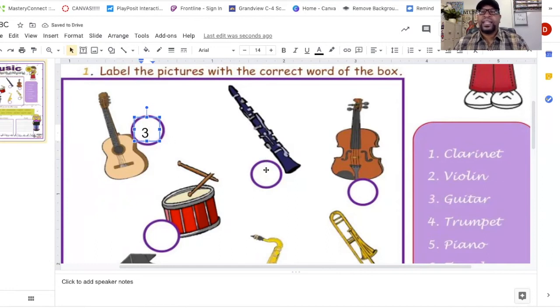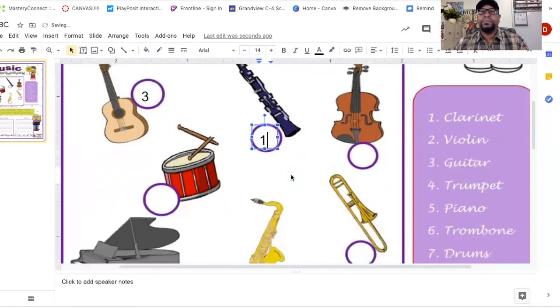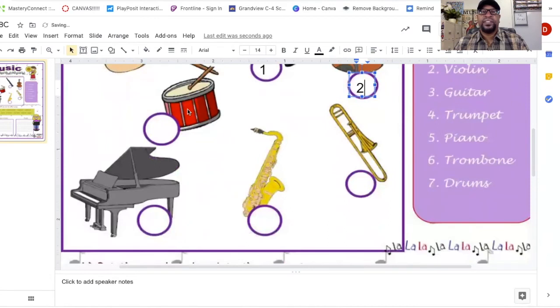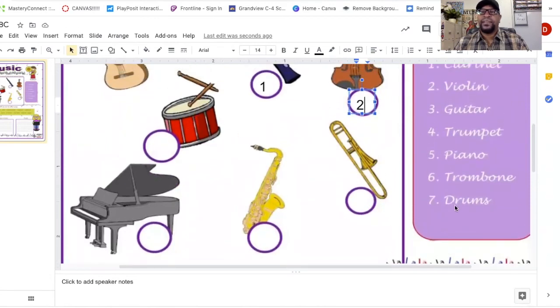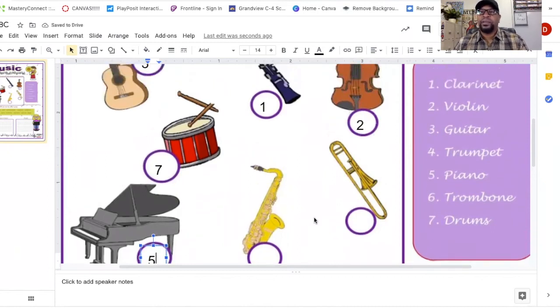And this is a clarinet. So I'll double click and type in 1. This is a violin. I'm going to double click and type in 2. And this is a snare drum or drums as they have it here for number 7. And this is a piano. That's number 5. Here's a saxophone. That's number,